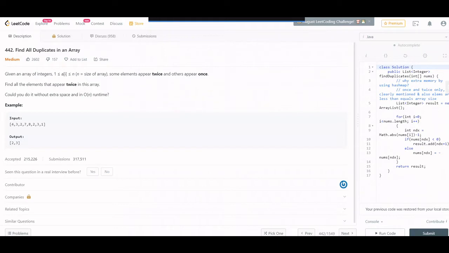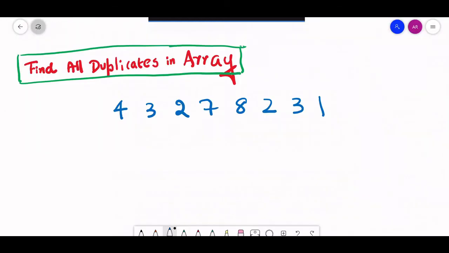One obvious way of doing this is we can use a hash map to store the count of all the elements, and then go through the hash map again and see which elements are present twice, and add them to the result. But they have told that we should do it without any extra space, so this solution approach won't work for this.